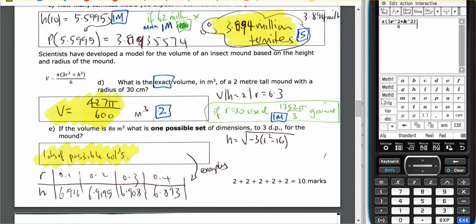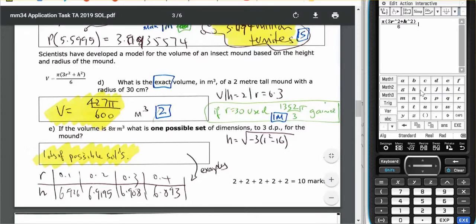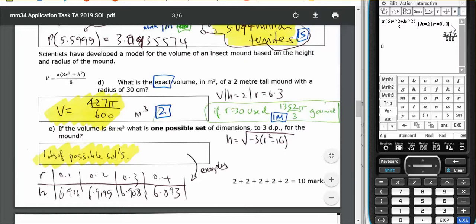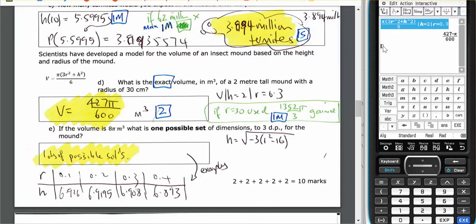And I know that h equals 2. And I also know r equals 30 centimetres, so 0.3. And that gives me that expression, which is what I get. Then I'm asked if the volume is 8 pi, so if I take this and I make that equal to 8 pi,